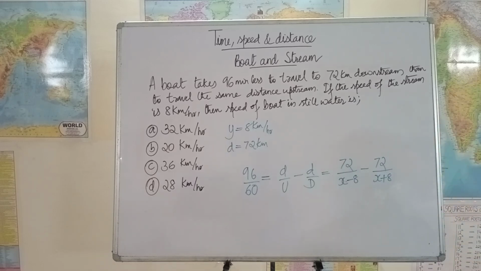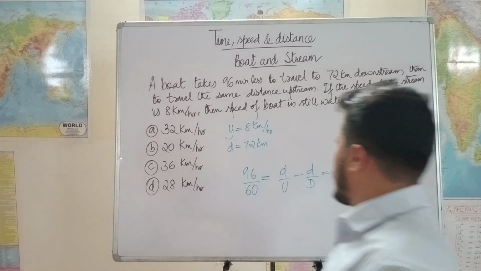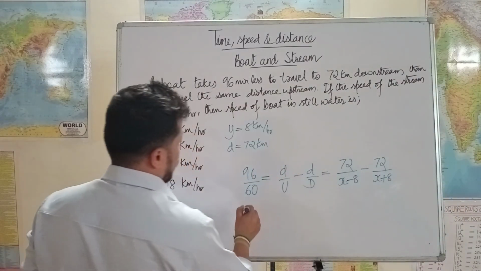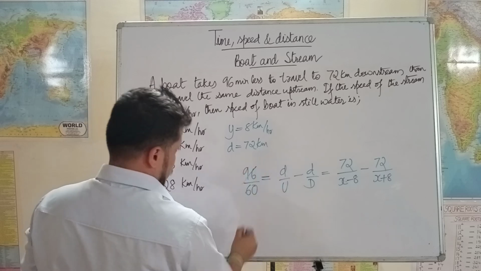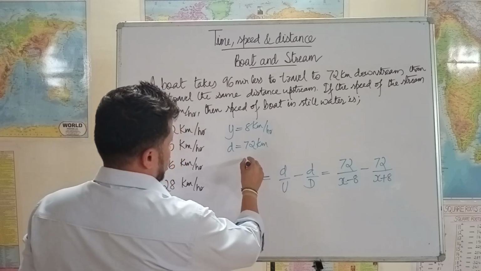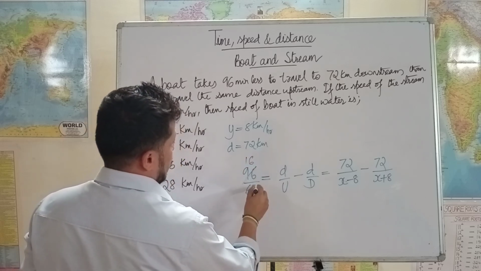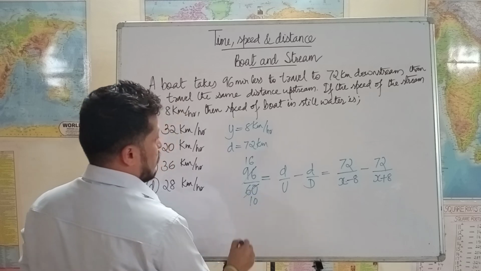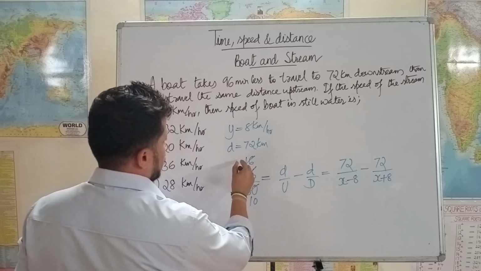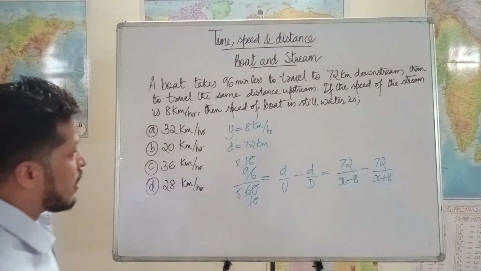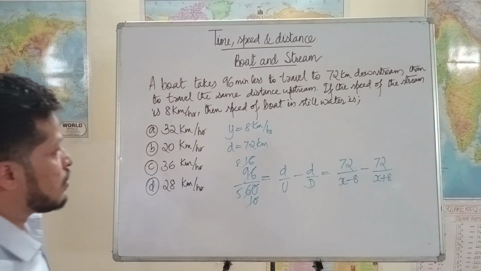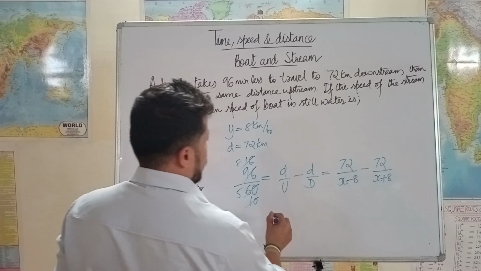Let's simplify this. Let's simplify first. 96 by 60 simplifies as 8 by 5. Okay, 8 by 5 is equal to,